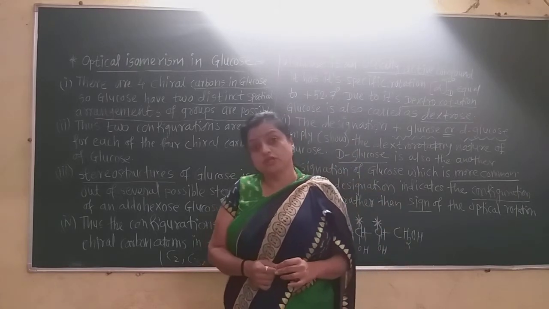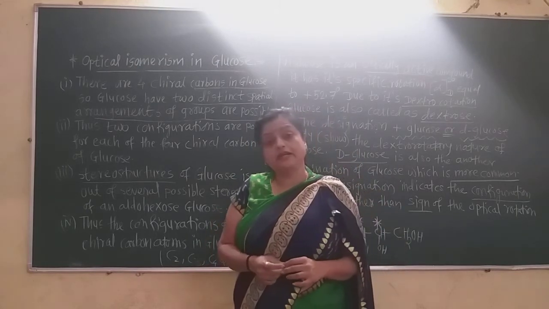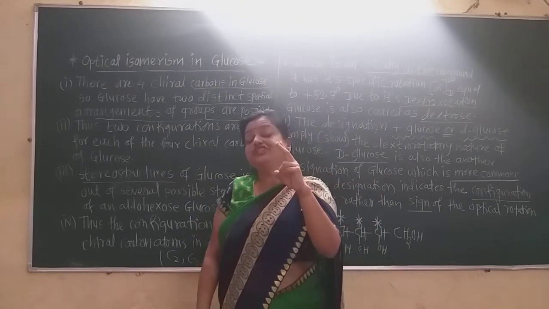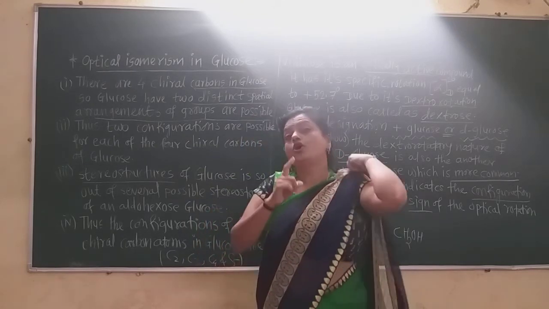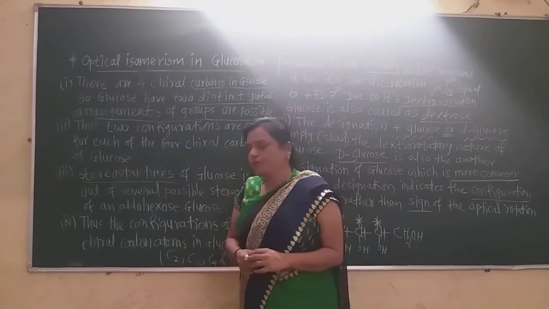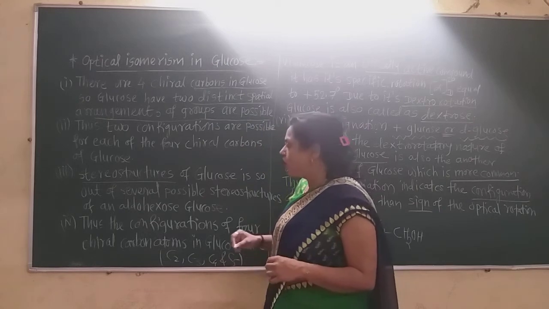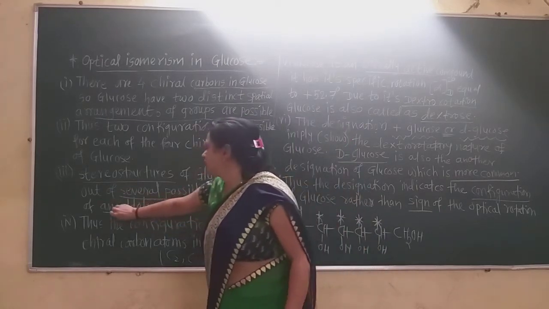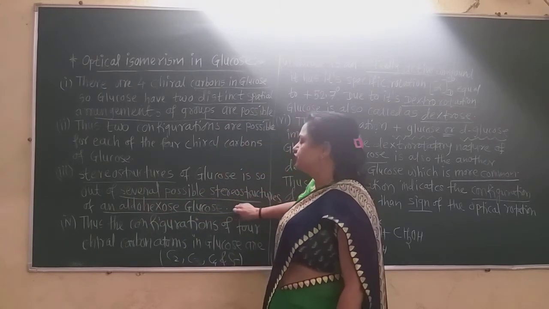For every asymmetric carbon atom, glucose has 2 distinct spatial arrangements, that is the configurations. Now out of several possible stereo structures of an aldohexose like glucose,